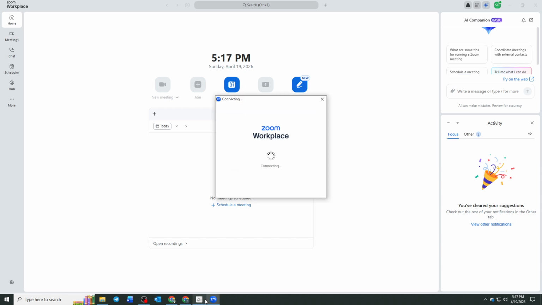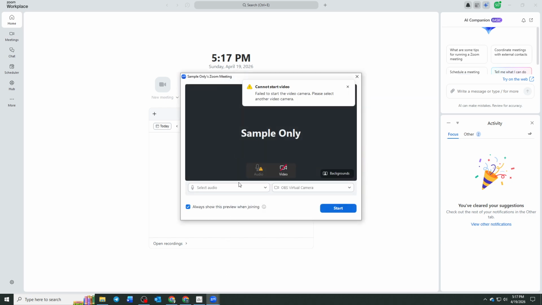Another helpful tip is to use the small arrow next to the video button during a meeting. This opens additional video settings, where you can choose your camera source or access more advanced options. While this isn't required to turn off your camera, it can be useful if you want more control over your video setup. If you notice that you're unable to turn your camera on or off, it could be due to